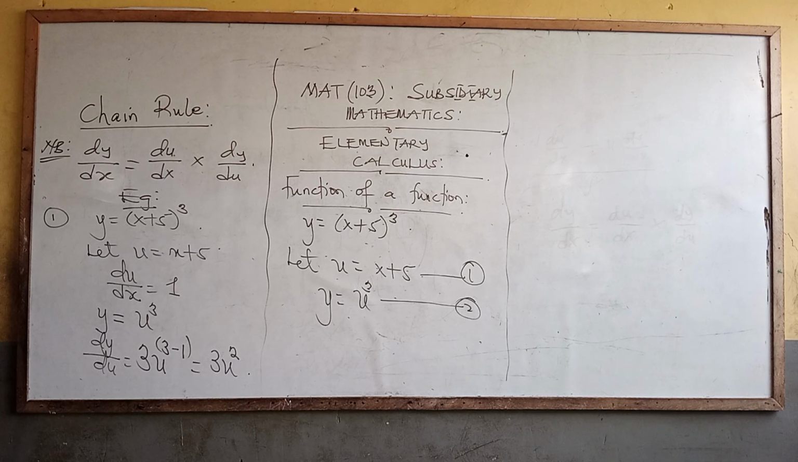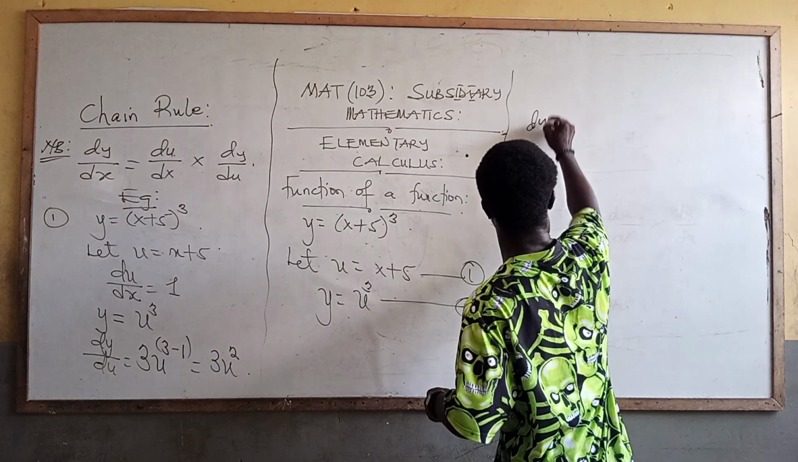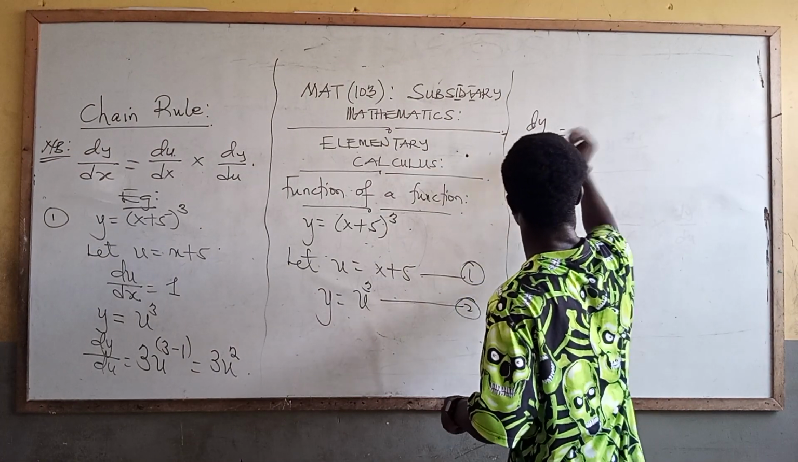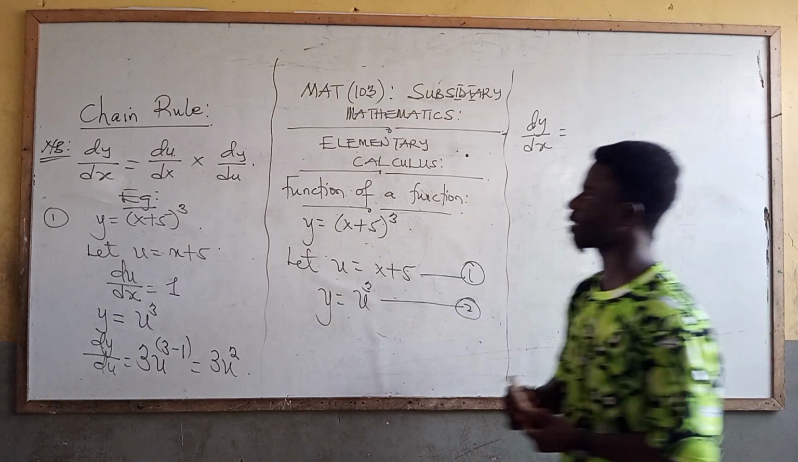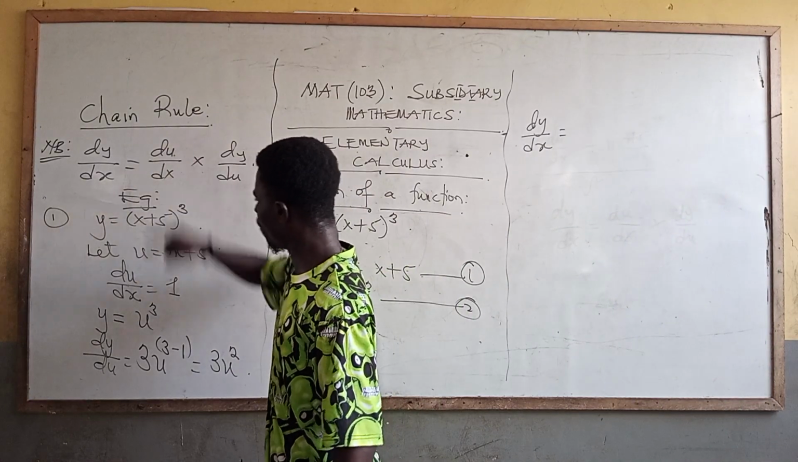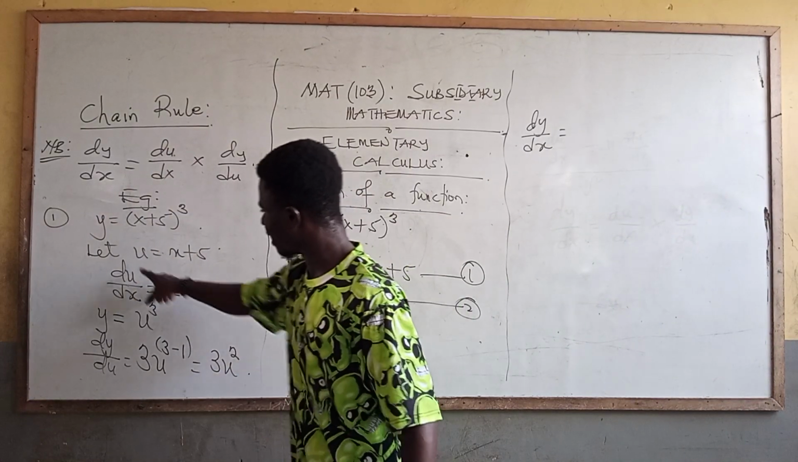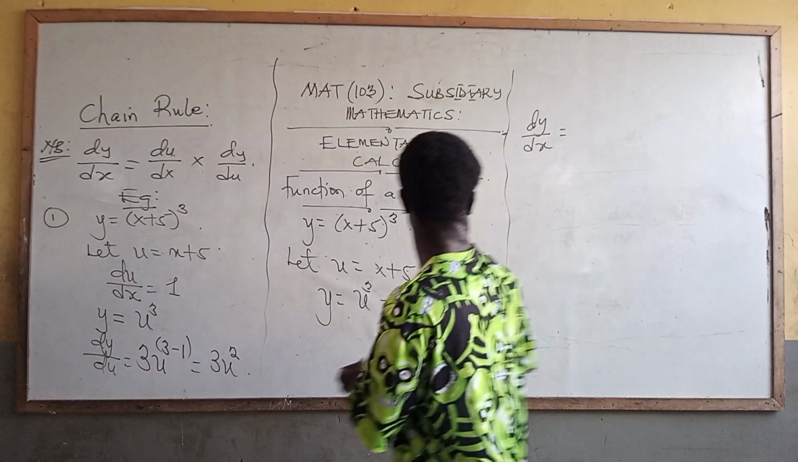So 3u squared. So now we've done all these things. Now we can substitute it into our formula, which is dy over dx, which must be equal to du over dx. What is du over dx? Du over dx is 1